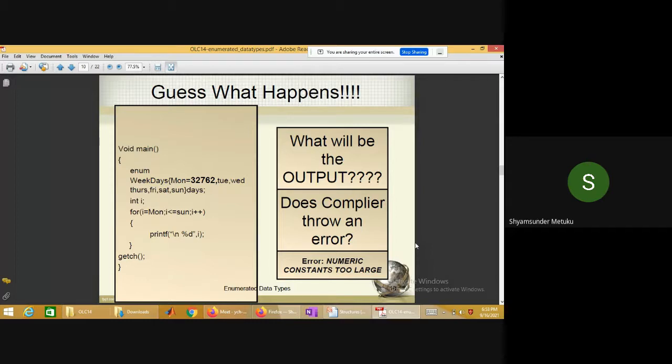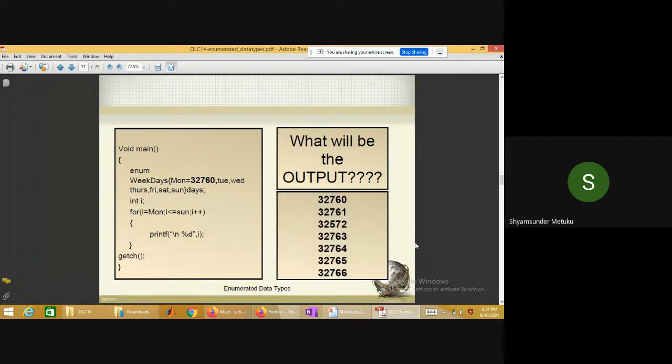Some compilers will accept up to 2 digits, some compilers will accept up to 3 digits. So you have to see which compiler is supporting up to what maximum number you can assign to an enum word. Now here see, the reason is very simple. Up to 32766 it is accepting.